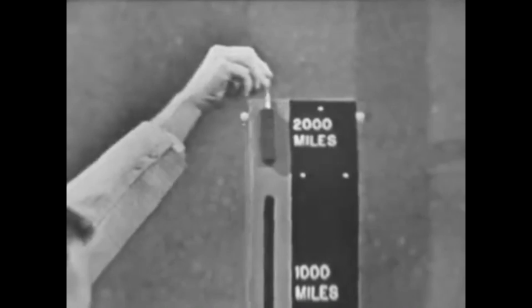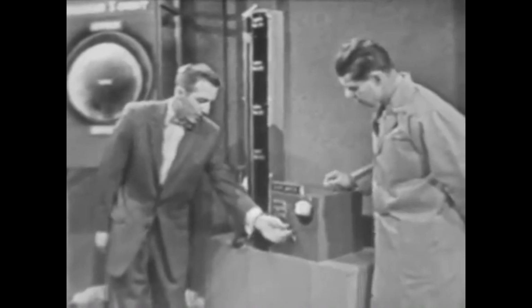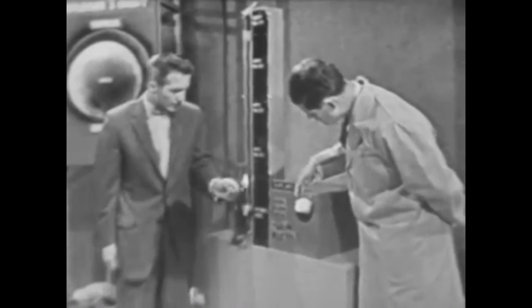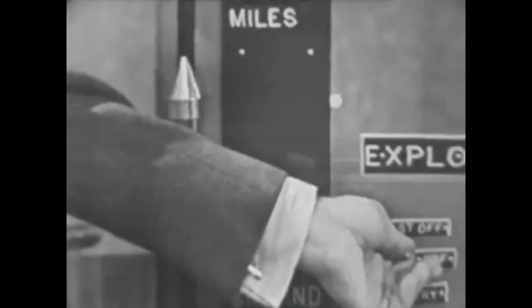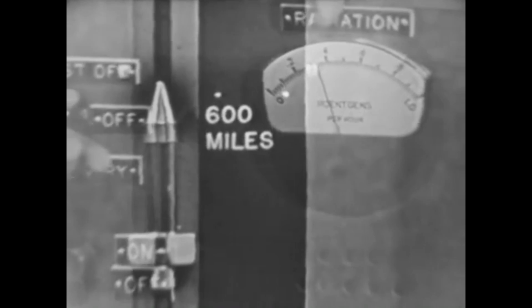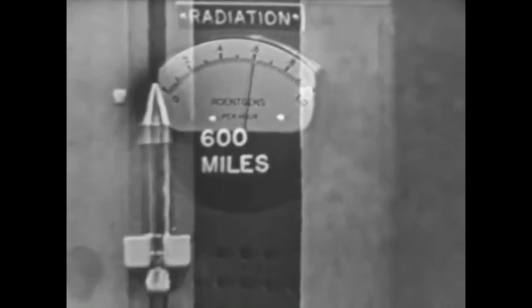Yes. Now, I will turn on the sound here, and we'll imagine that the counter is mounted in the Explorer satellite, and you can hear the counts here, you can hear the sound, and you can also notice the reading on the meter. Now I'll start the takeoff here, and you can see the radiation mount as the satellite goes to higher altitudes, and you'll notice it gets pretty high here. It goes up just as we would expect as it gets closer to the radiation source. This is the same thing that happened in Dr. Van Allen's experiment. Exactly. And now we'll jump above 600 miles, and we'll see what happens when we get closer